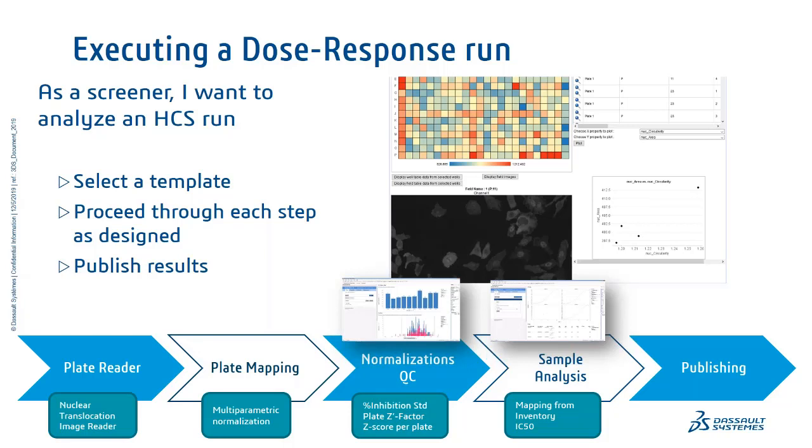Move to QC, where I will standardize my percent inhibitions, compute plate Z factors, or Z score per plate. Once the QC is performed, assisted by some visualizations, I will be able to move to sample analysis after having mapped my samples from my inventory, compute the IC50 with the algorithm that suits me, and finally publishing,